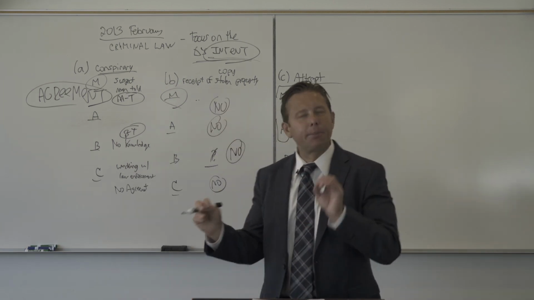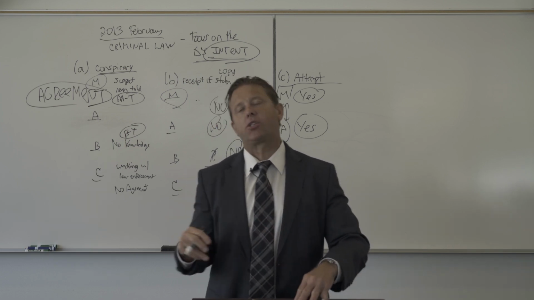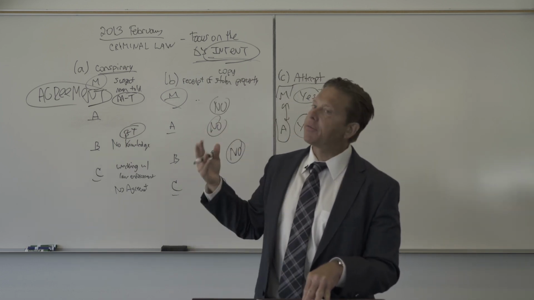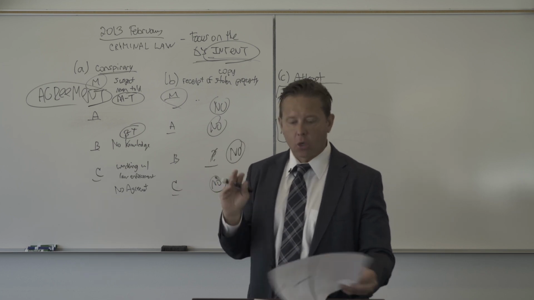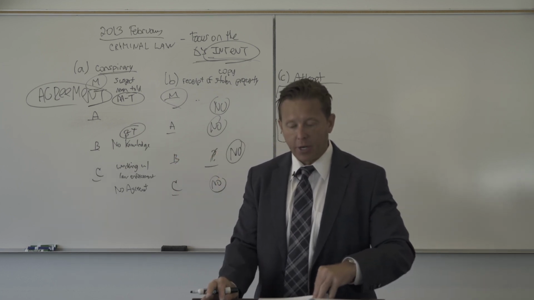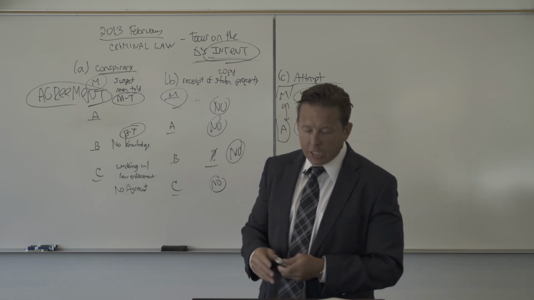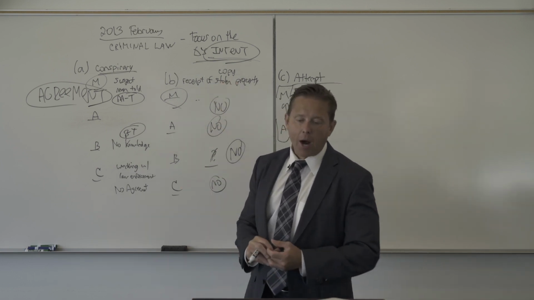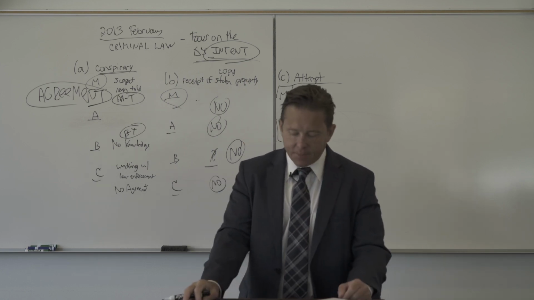And if any of this is a little bit confusing, once you read the answer it will really explain it. So in addition to watching this video, definitely read the answer, the One-Timers model answer that is, because it does a great job of really putting this all together. So the reason why it's going to be no under B for all of them is because the property has not retained its stolen status.